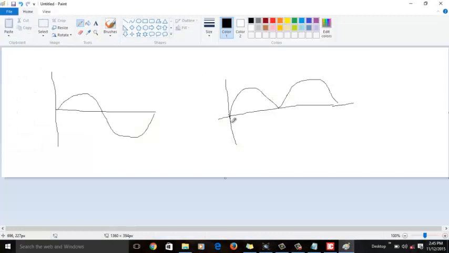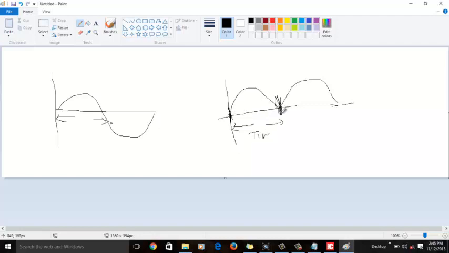For example, the timer will start reading time from here up to this point, and the time between these points is half of the time period of the sine wave. So the timer will read